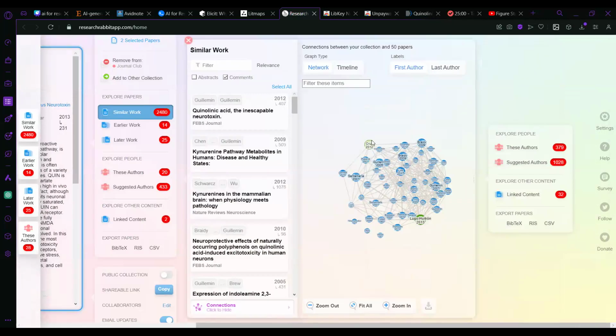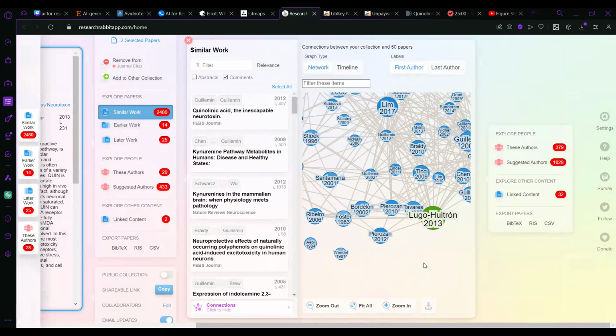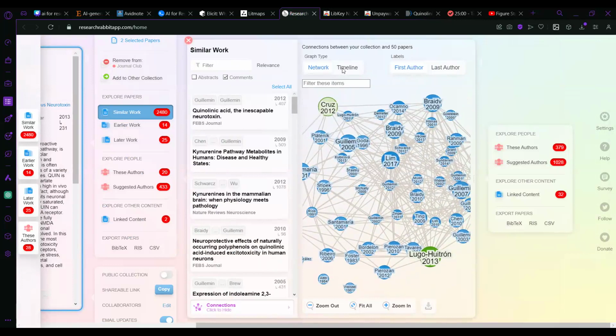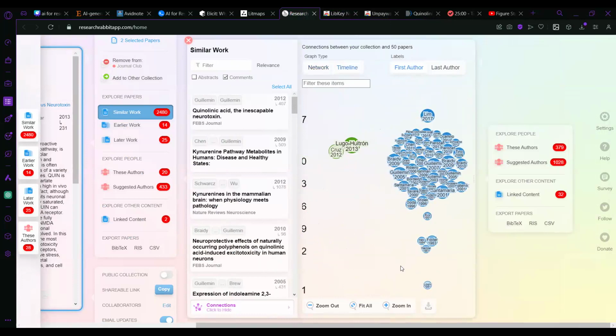So it's also an easy way to visualize how some articles are connected to each other, which I think is super cool. And then also you can put it on a timeline as well.